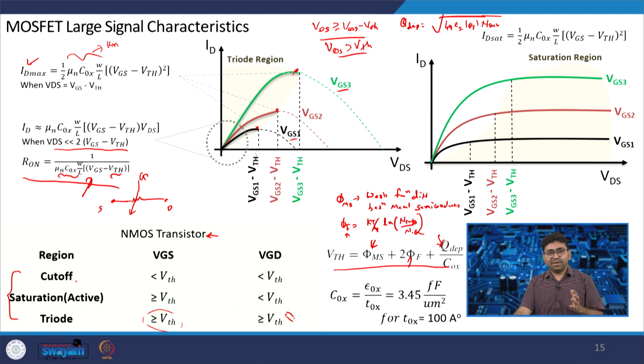So, this will give us the complete idea of in what region you should bias your transistor. Once it is biased, it will act as a linear device, and a very small signal that is applied will be amplified. That is another case, which is the small signal characteristics. For any device, if you want to understand the characteristics, it is always important to do analysis of large signal and small signal. So now we will move to the